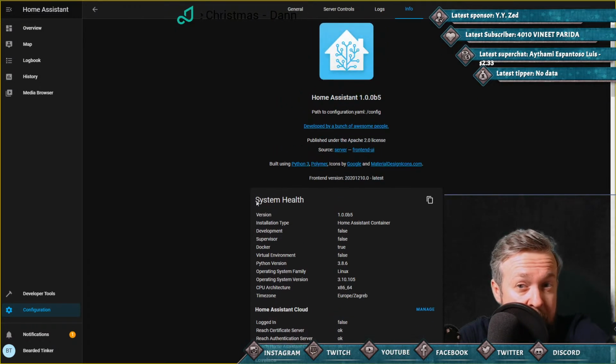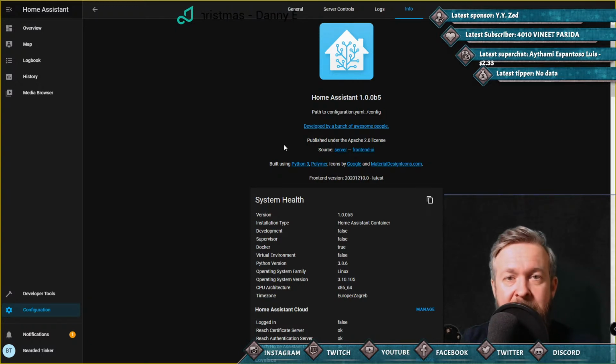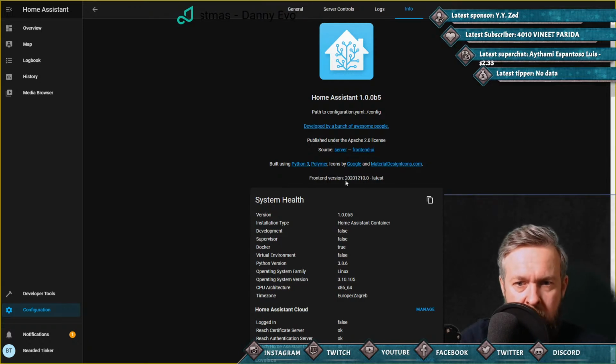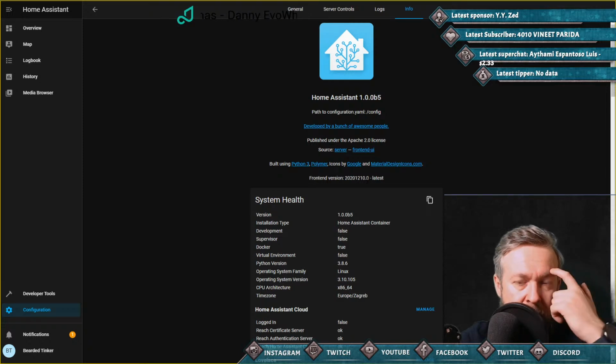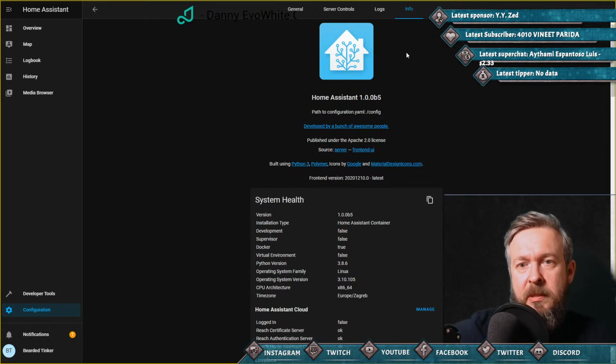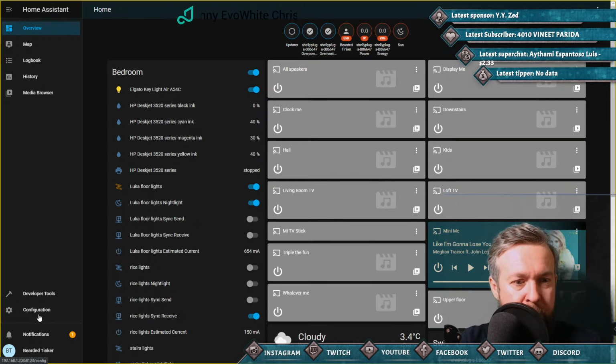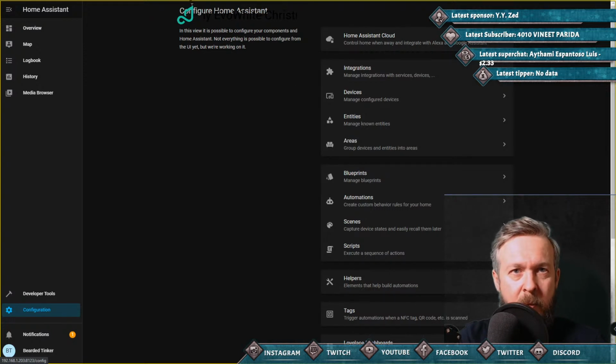As you can see, it doesn't have any problems, even the version 1.0, if you run Home Assistant Core on the Synology. Frontend is 2020-12-10. Supervisor we cannot check, because it's not supervised. Nice. And in order for us to appreciate version 1.0, what we should do next is check